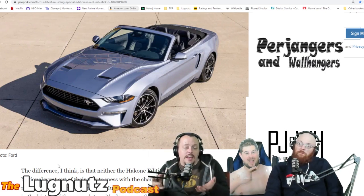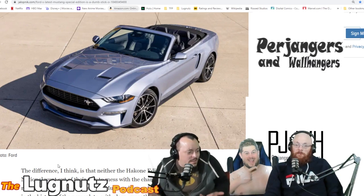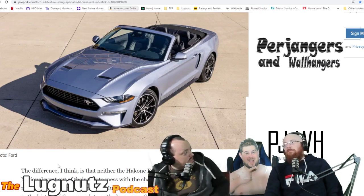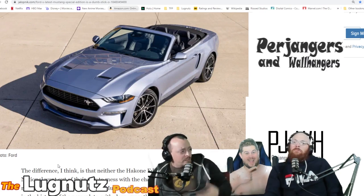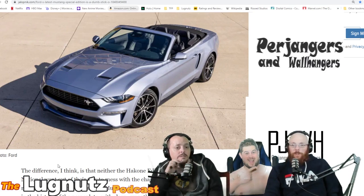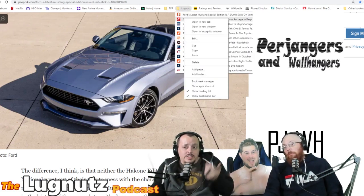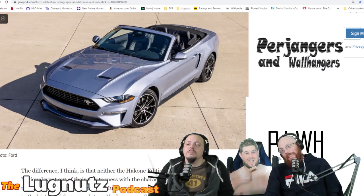People remind me all the time, certain manufacturers are not gung-ho into this electric market. And it is refreshing that while Elon is $1 trillion deep, Ford is still in that market of, no, I'm still relevant. Look at this thing. It looks sexy. It looks like a Mustang. Well, it's limited edition, so go on over to a Ford dealer, I assume, at some point. There's no date on it in the article, but if it's popular, they may make more. Unlike this next story, where...